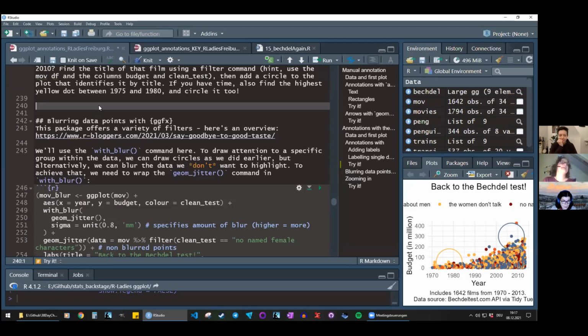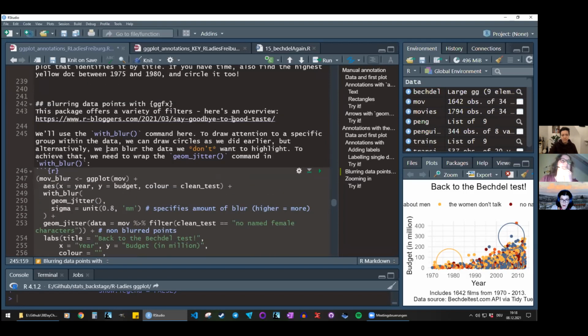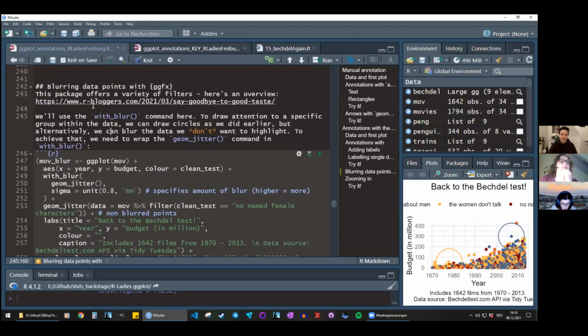In that case, we can move on to the ggfx package. So this is a package that has filters. Filters really similar to a program like GIMP, where you can blur elements, and that's what we'll do. So it has a bunch of different filters. Here's a blog post which is titled "Say Goodbye to Good Taste," because you can really do kind of awful looking things with it. So this with_blur command that it has, I think that's useful for data visualization, because